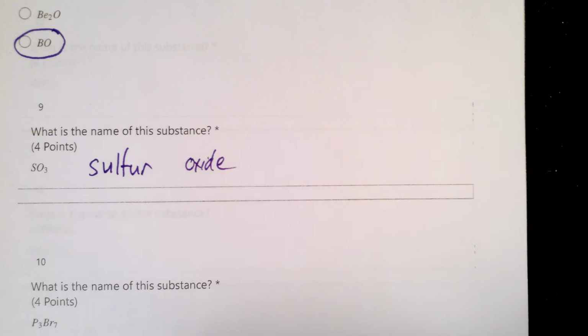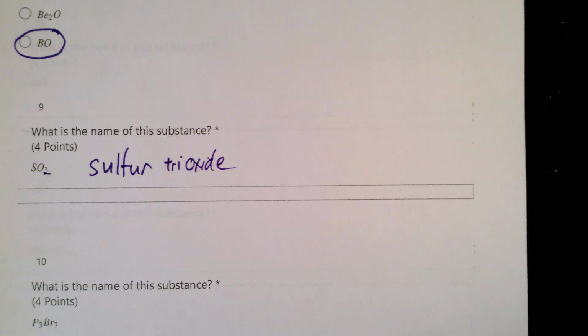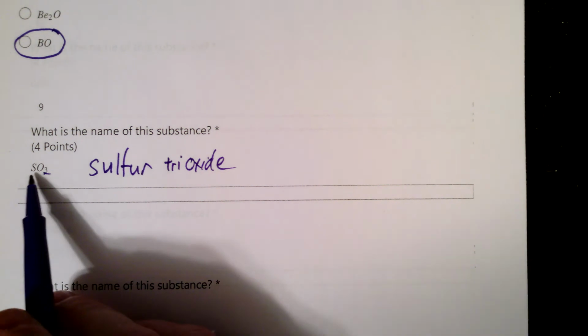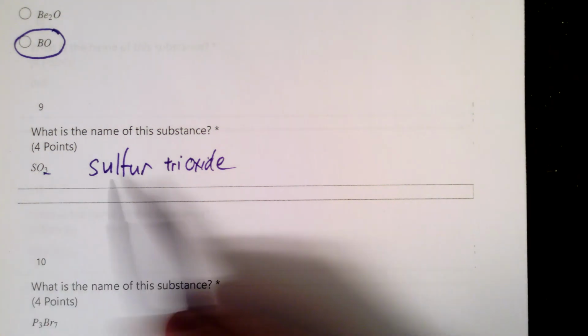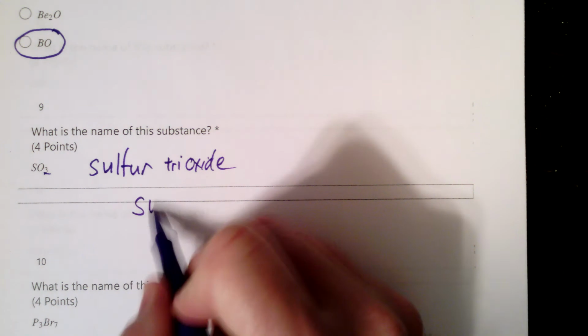And that's oxygen, so it's oxide, but there are three of them, so I have to say trioxide. How many sulfurs? Well, there's only one. I don't have to say monosulfur trioxide. I just say sulfur trioxide. Now, some of you on the test